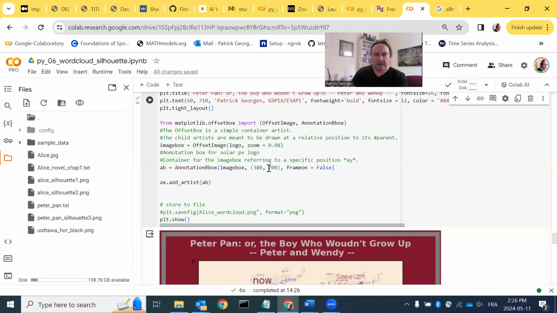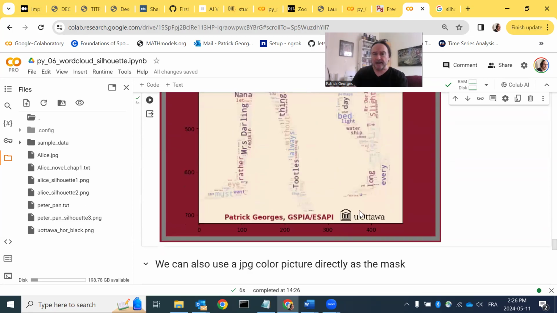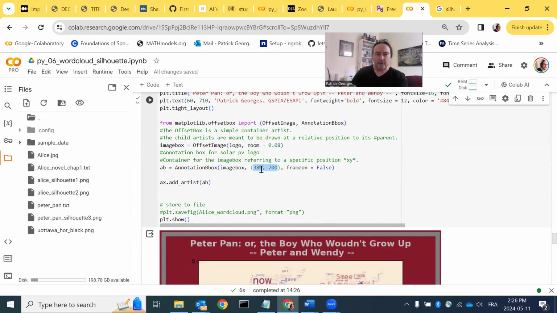And if you look at that, 380 and 700. So this is what I have put into the instruction in order to locate that exactly here. Now, if I put, I don't know, 80 and 700, what will happen to the pictures? So I try to give you some control. Okay, if I do that,